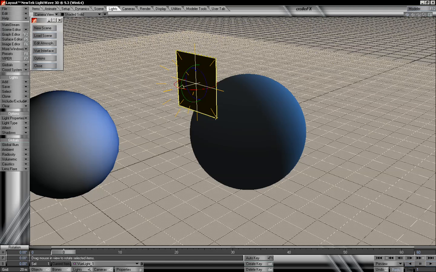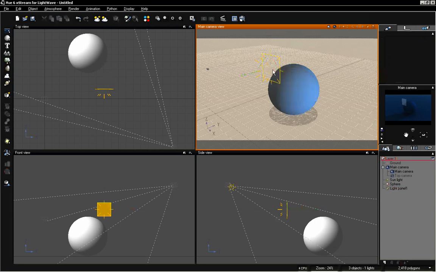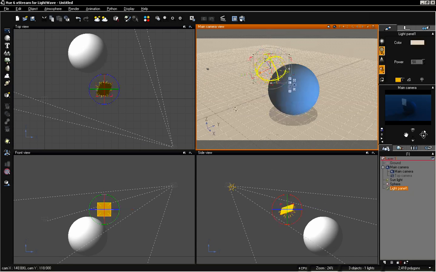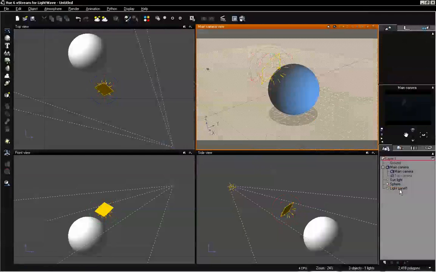If we go ahead and rotate this around and take a look, we can see it's really not rotating it. If we rotate it within the view interface, then it is going to match up correctly. So all of your rotation values you kind of want to do within view for the area lights. With point lights it's not going to matter too much, but let's go ahead and just remove those from the scene,